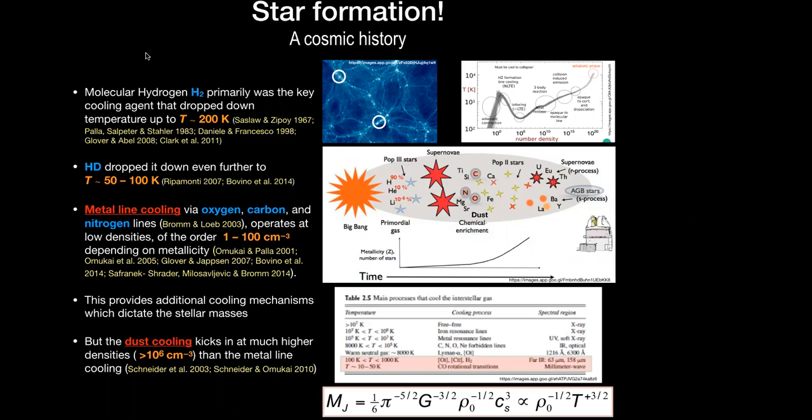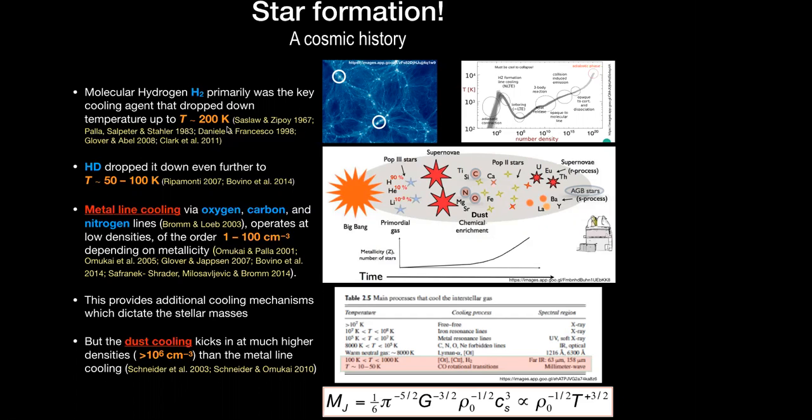The cosmological simulations, the lambda CDM models, have suggested that molecular hydrogen was inside the mini dark matter halos, and it was collapsing, providing the cooling which is actually required to collapse the gas. And when this was happening, the H2 was enabling the gas to drop down from 1000 Kelvin to just 200 Kelvin. The star formation requires the cooling, so the cooling was provided by the H2, which was present there. And this was happening just after 200 million years from the Big Bang.